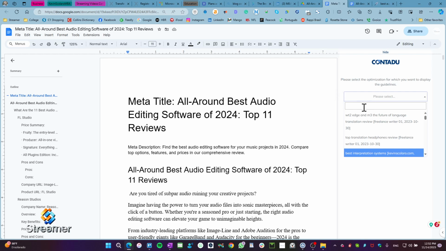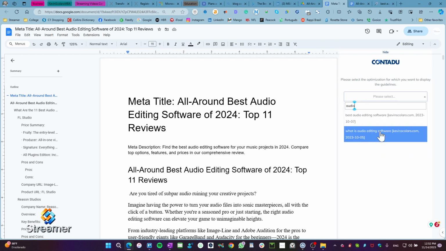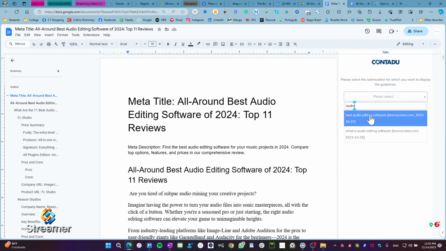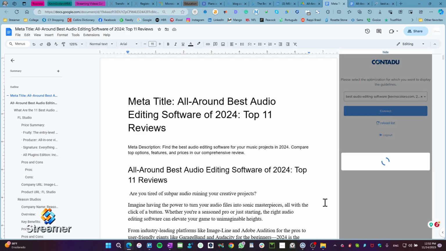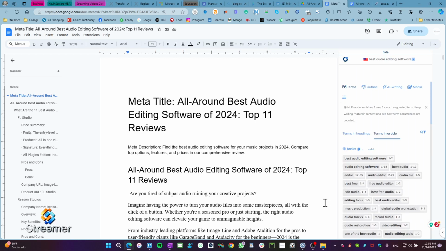So I could just type in some keywords, audio for instance, and it'll just show me the audio keywords or the articles for that keyword. And then there's my article right there. I can just choose that, and then it will connect after that once I select connect, and it'll load up everything for you. So there you go. There you have it. That is how we use the